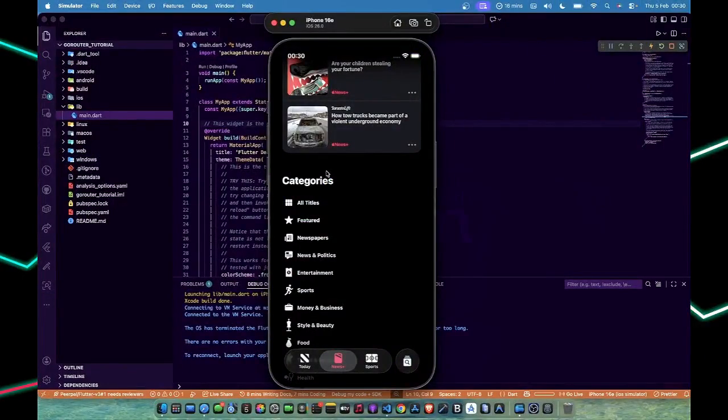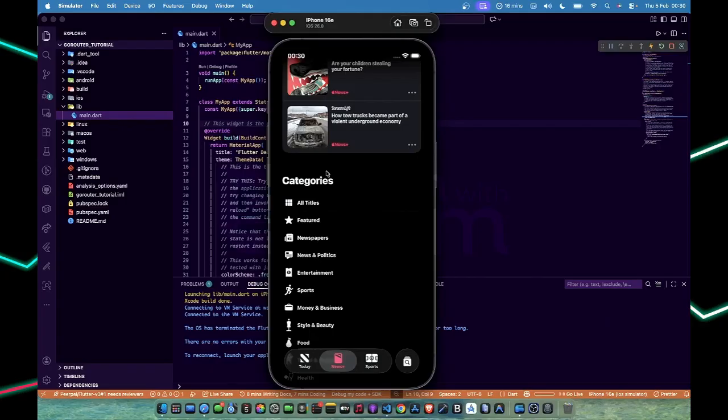Today we'll be learning an advanced GoRouter tutorial. That is, we'll be building bottom navigation with preserved state, nested routes, type-safe navigation, and authentication redirect. So this will be built on Riverpod with basic knowledge. You don't need to know so much about Riverpod. For example, if you are using another state management solution for your state management, basically, we'll be building everything. We'll just be diving into some advanced